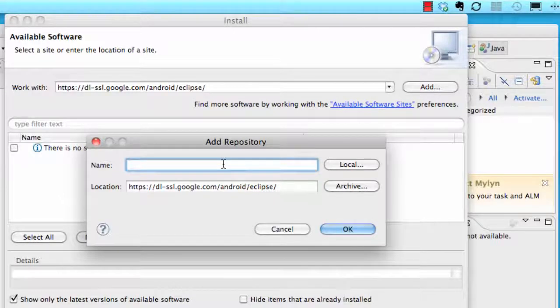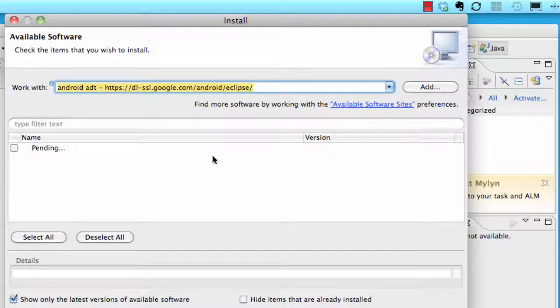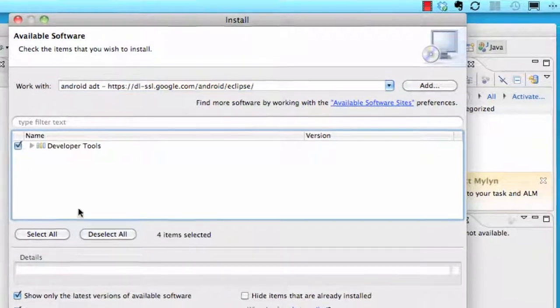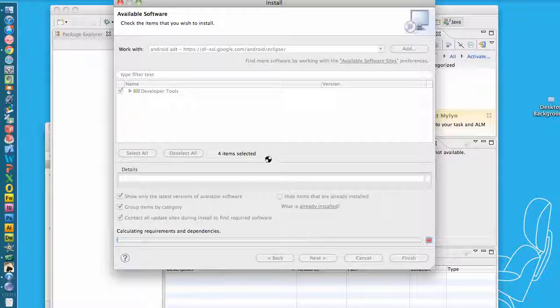Now we can add a name to this, so we're going to add a name, Android ADT, and again you can paste the link right here. That's the location link, and hit OK. And it's basically going to get the developer tools for us that we're going to need for Android programming. So that might take a little bit. We're just going to click this, hit next,